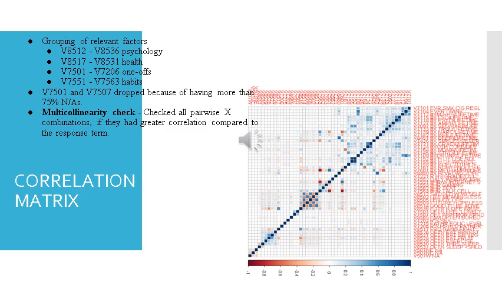We refer to this to help us prune factors as groups, or to include them as groups, or to get a good feel for whether, if we were going to drop one, maybe we should drop another one, because some of them were paired as red and white. We had to drop two of them, V7501 and V7507, because they had excessive NAs at the time. This was before I figured out how to deal with NAs using paired lists, but for the most part, this shows how we group our factors.